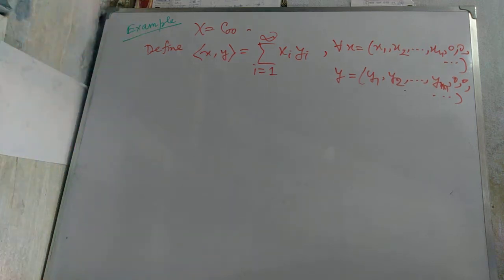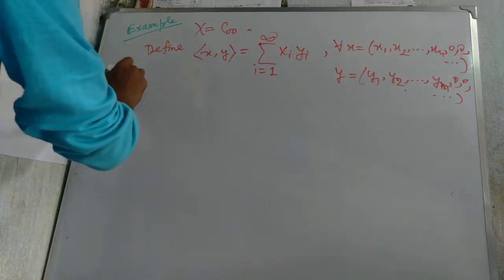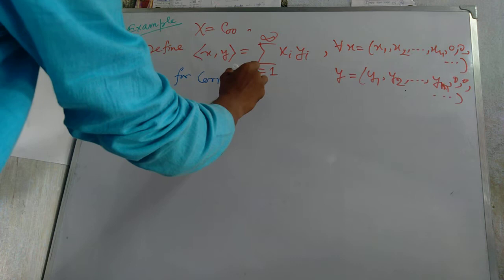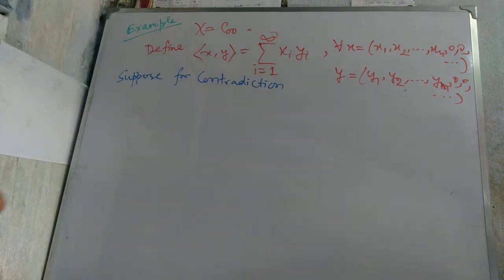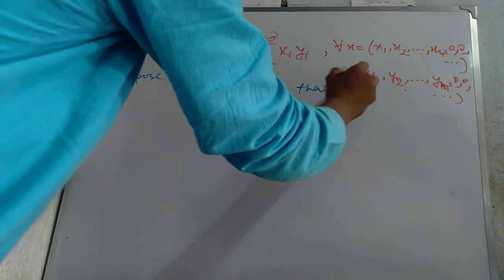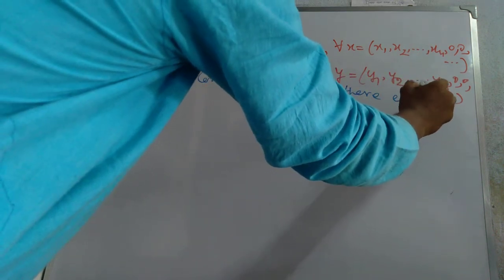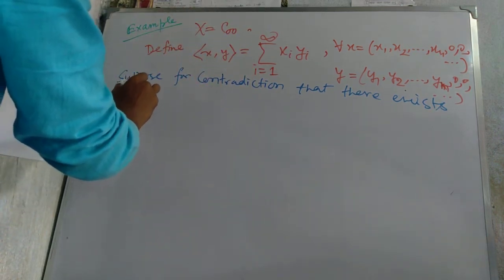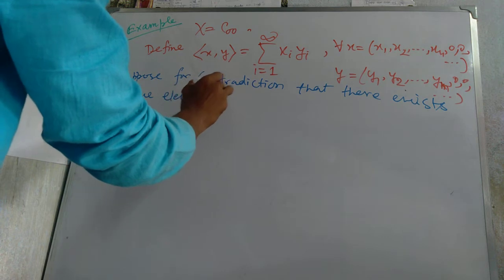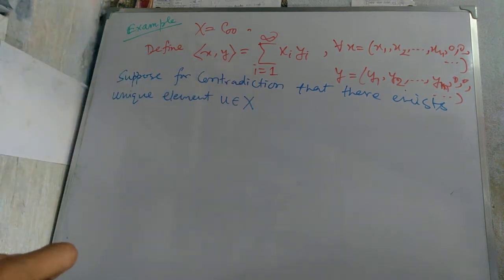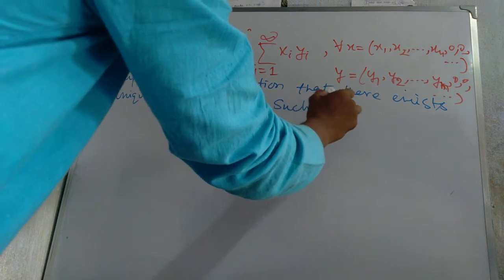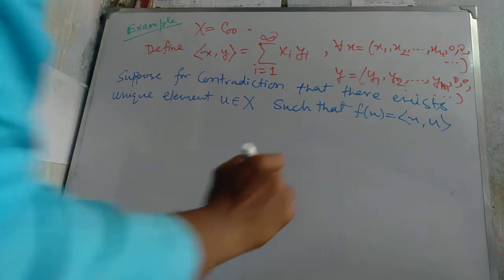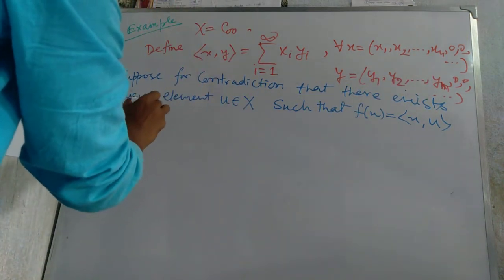Suppose for contradiction that there exists a unique element u belongs to x such that f x equals the inner product of x and u for all x belongs to C double zero,